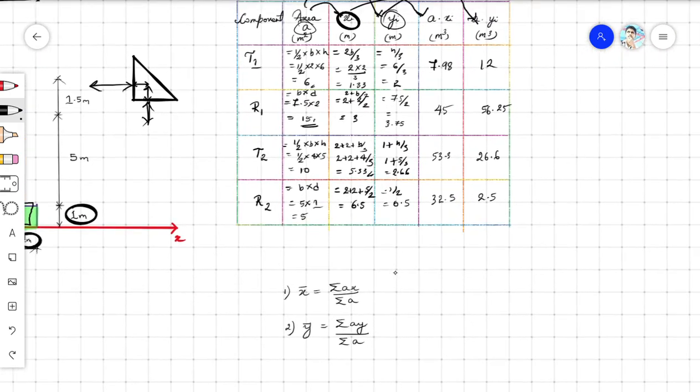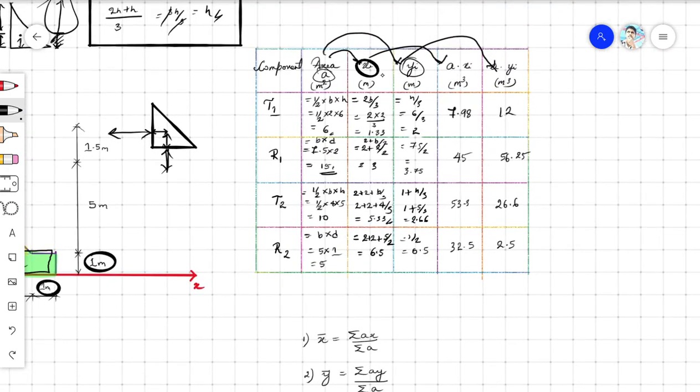So what will be the next step now? We found area, we found xi, yi. One more thing, I trust you guys, you never make a mistake in the area. Unless it is a circle, semicircle, arc, I have found people making mistakes. Other than that it is easy peasy. But I have found people making mistakes in xi and yi. And if you make a mistake in xi and yi, all the next answers are wrong. This is where you fail. Just try to make sure that you are very good with this concept.